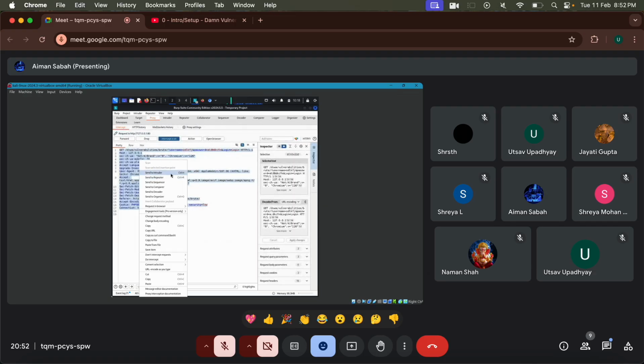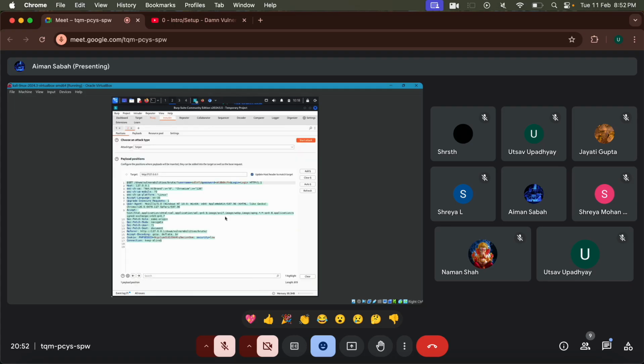Right click and you send it to intruder, or you can do Ctrl+I as well. Once you have the intruder, you select the username which you typed in, select the username, and press on add. Same thing you do with the password. So what happens is that you are selecting your